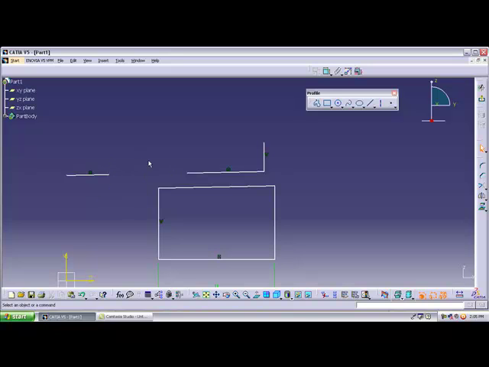How can we recognize that a coincidence constraint is applied? By seeing the O symbol. This O symbol indicates that it is a coincidence. Okay, if I don't want the coincidence, then select the coincidence option and delete. Right now there is no relation between these two things, so there is no movement. Okay, this is one type of coincidence, and another type of coincidence is nothing but, so right